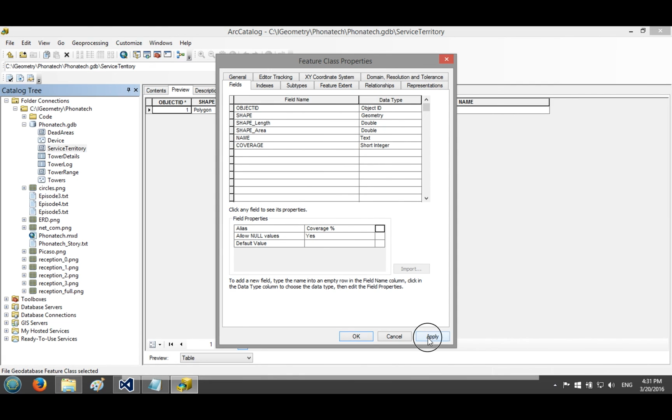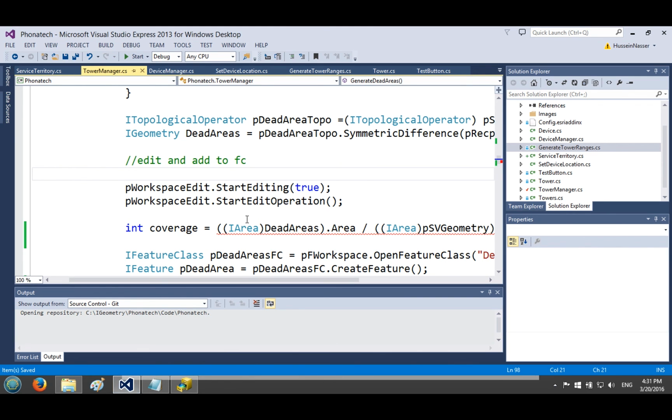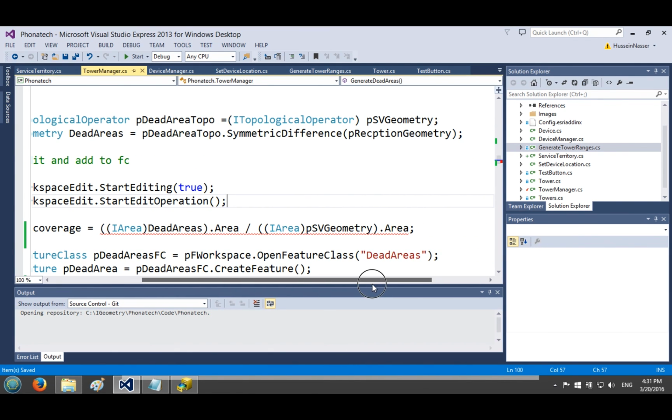So how much coverage are you given here, right? But the dead area, how much coverage are given in the dead area itself. So that's actually something important to think about. All right, so we have that. Divide the dead areas by,